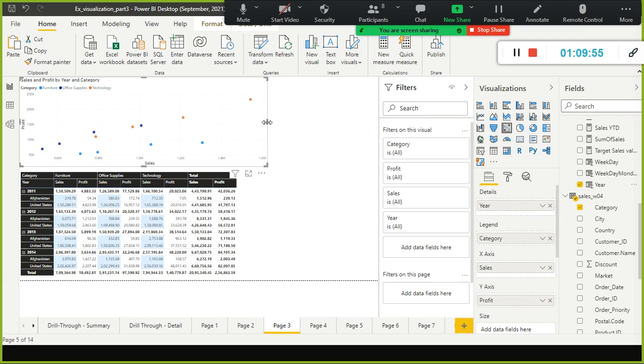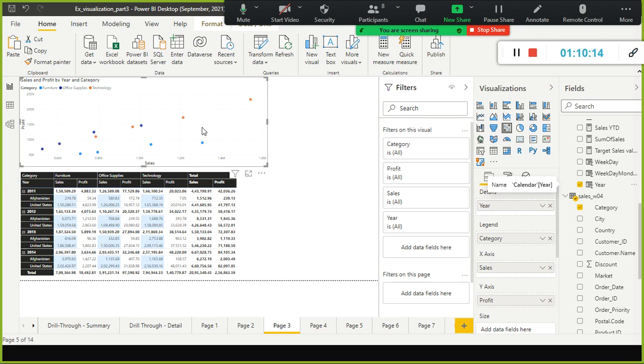Look here, now we can see the different colors, the corresponding legend for each color, and the x-axis we plotted sales and y-axis we plotted profit.